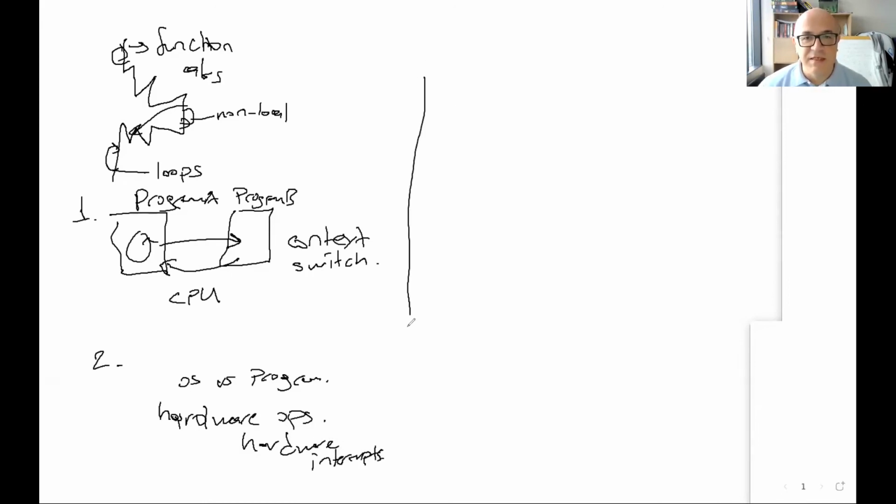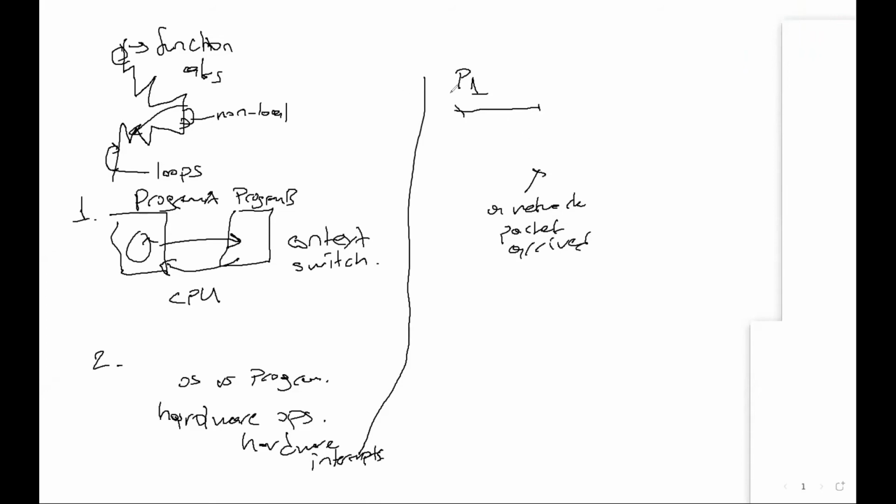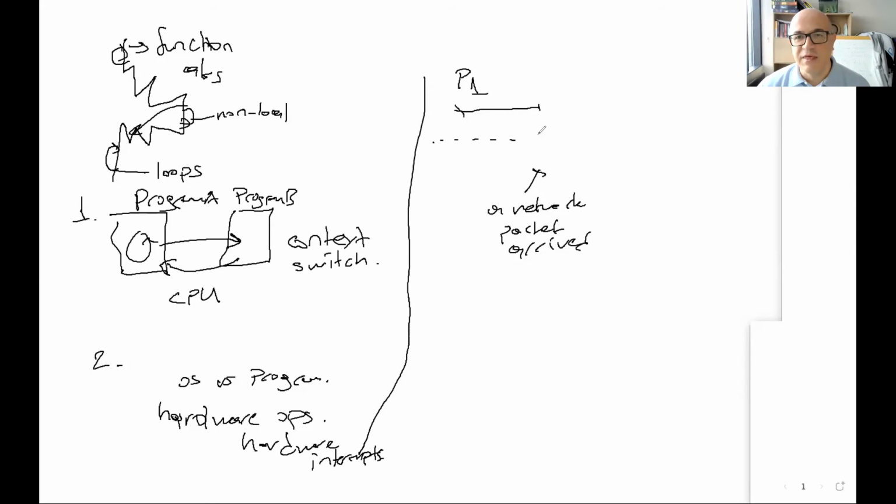So in this second case, your program 1 is executing peacefully, and a network packet just arrives. Sorry for my writing. This is the best I can write. My writing is worse even on the board. So when a network packet arrives, the operating system should take care of that. Your kernel has to intervene, execute some code, and go back to process 1. And this is called interrupt service